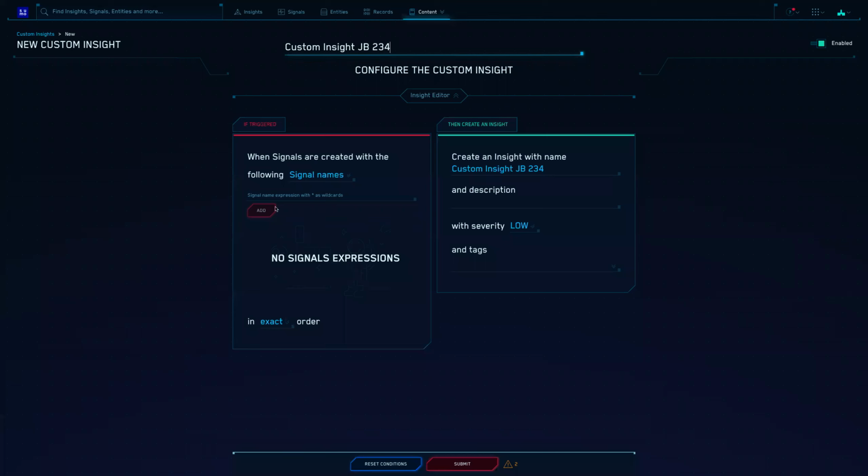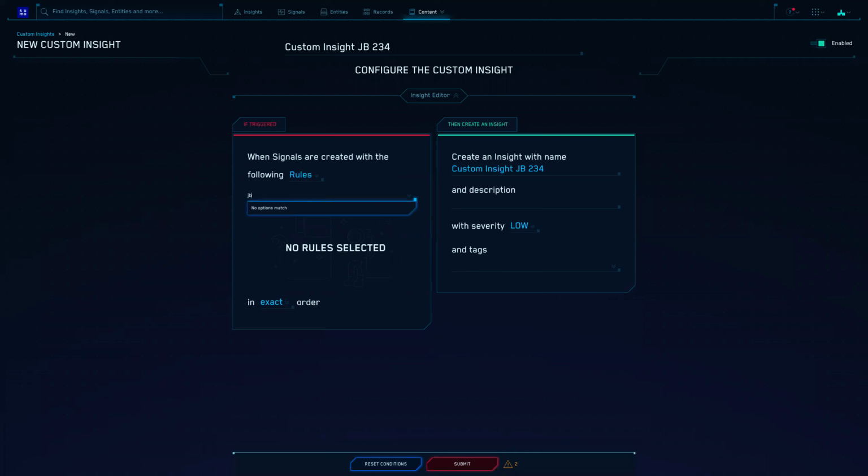Now for the signal that we want to add, we want to locate that rule that we just created in lab 5. So we're going to type to add the rule. Let me see, when signals are created. Oh, rules, that's all. Now we're going to grab that rule that I just used.